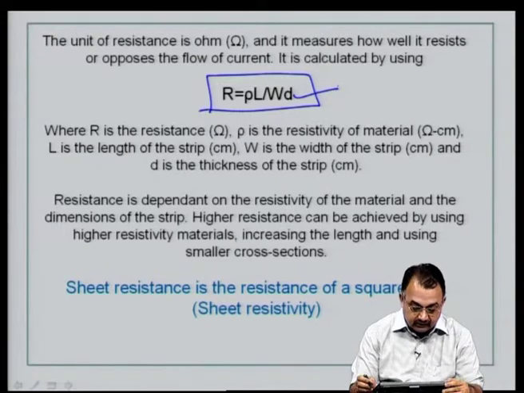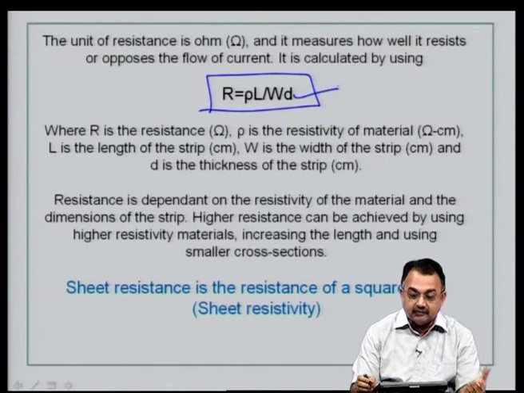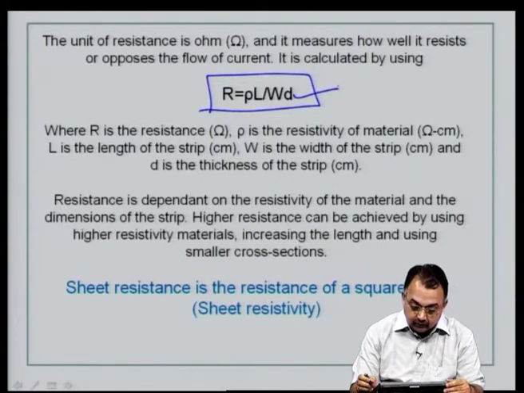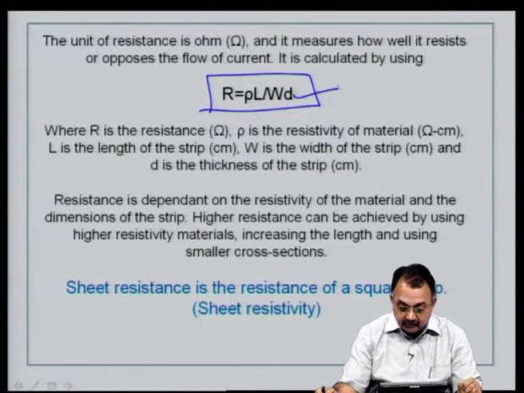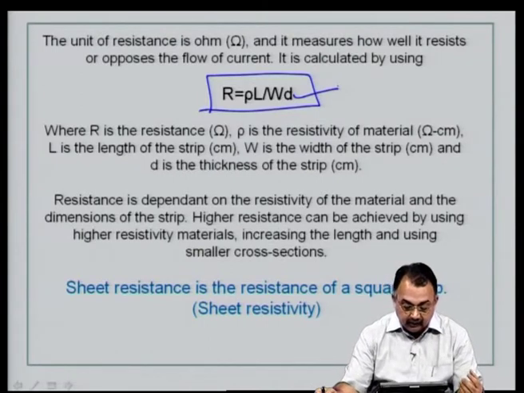So, R is the resistance in ohms, ρ is the resistivity of the material, and then we are going to talk about sheet resistivity here being an important factor in deciding or choosing resistor materials. So, ρ is the resistivity of the material in ohm centimeter, L is the length of the strip that you have to design, W is the width of the strip that you have to fabricate, and D is the thickness